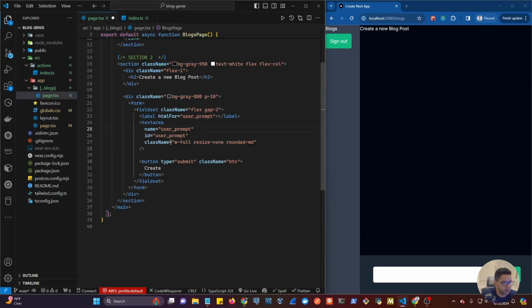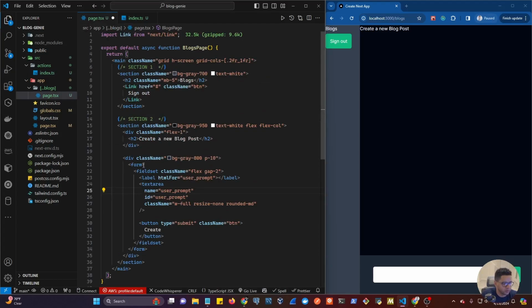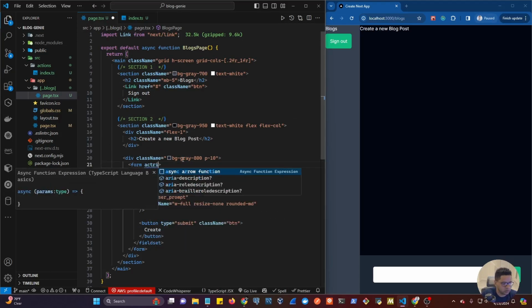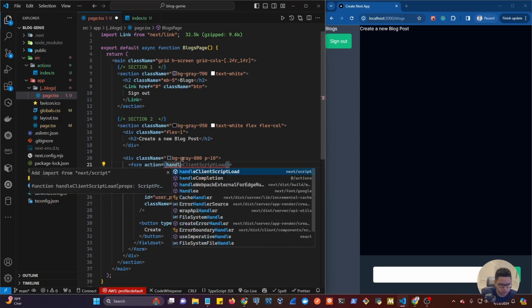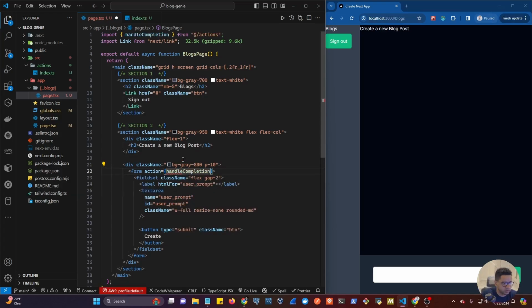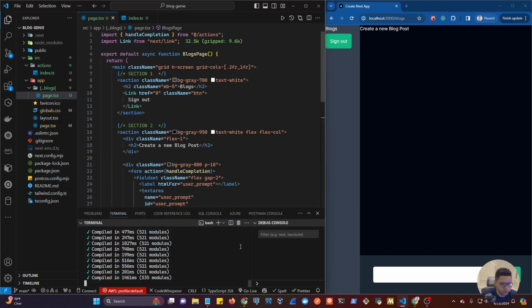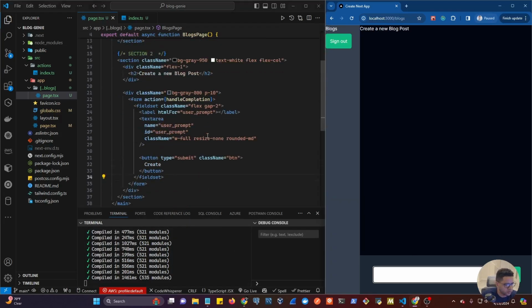Then we can come back here, and on the form, we can say action, and we're going to say handleCompletion here, and it's going to import it from our actions folder. So we save that and make sure that was imported here. Now, if we open the terminal here,